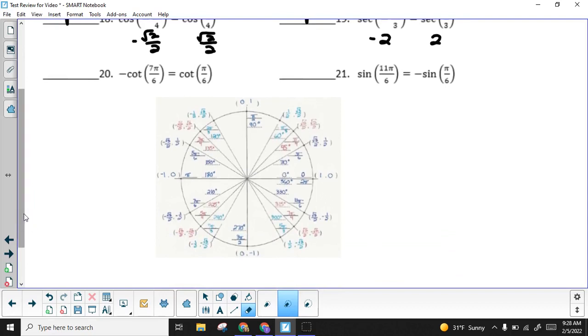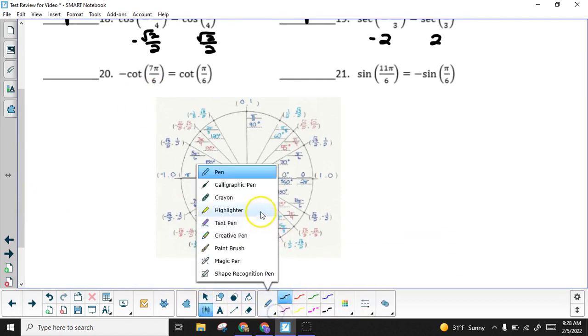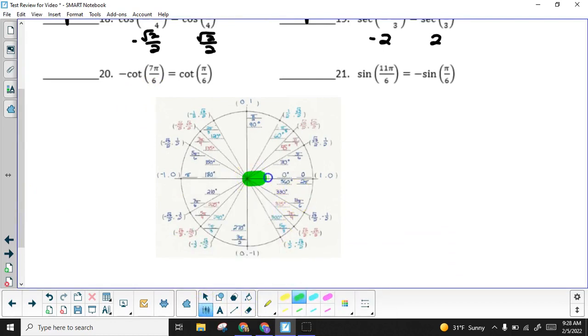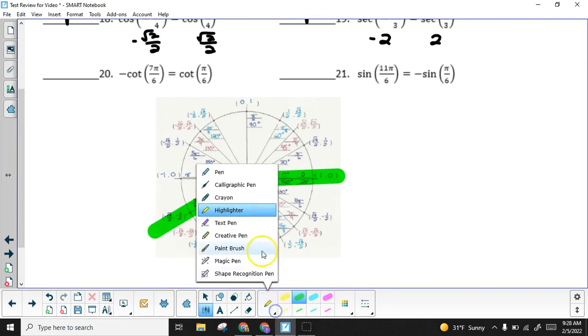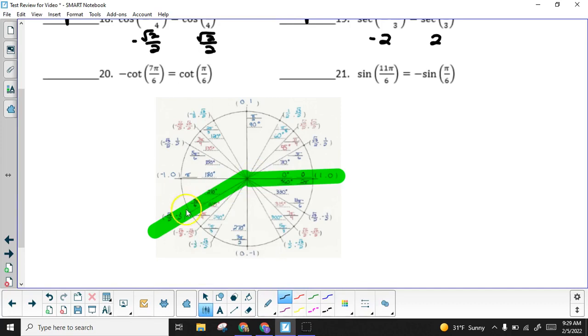For number 20, the opposite of the cotangent of 7 pi over 6. Okay, 7 pi over 6. 7 pi over 6 is down here in our third quadrant. The cotangent, that's negative root 3 over 2, negative 1/2. So our cotangent x over y gives us a value of,